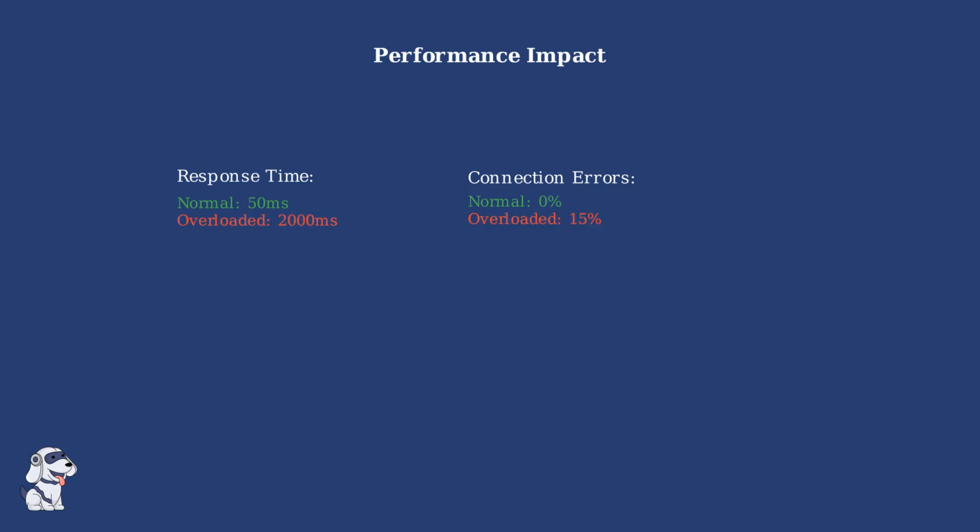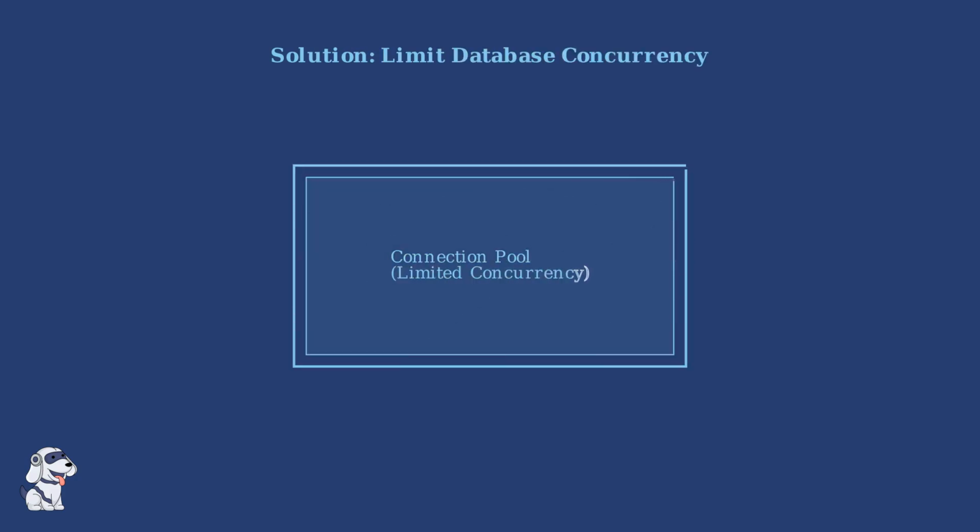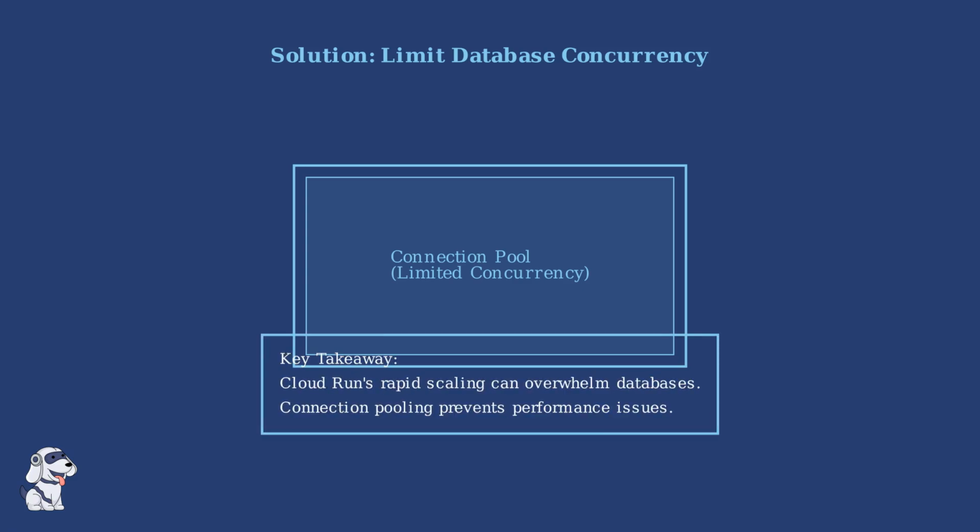Response times can increase from 50 milliseconds to over 2 seconds, and connection errors start occurring. The solution is to limit database concurrency, controlling how many connections and transactions can happen simultaneously. By implementing connection pools and limiting concurrent database operations, you can ensure your database remains stable and responsive even when